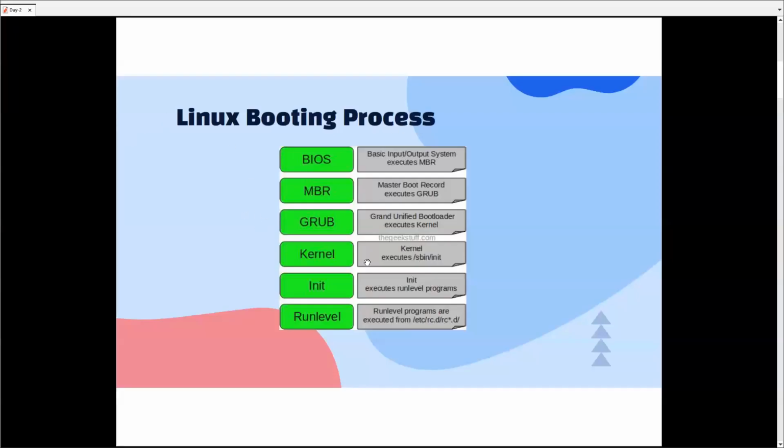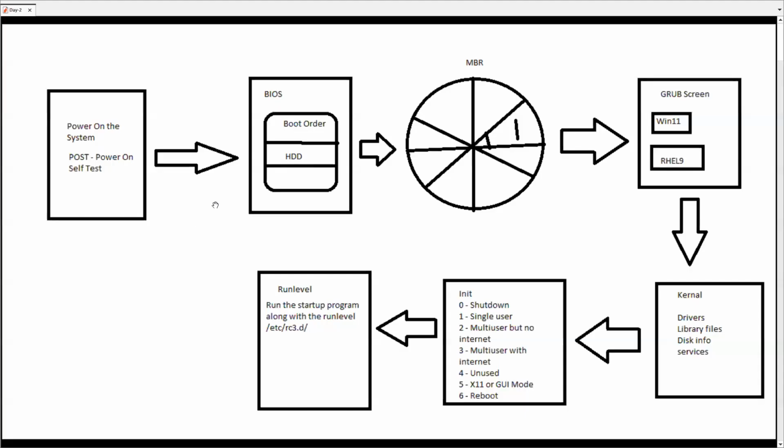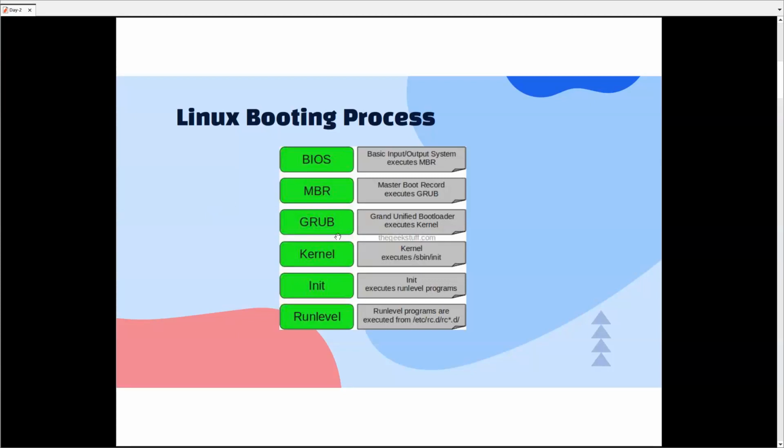So now we'll be seeing the booting procedure and why, as a sysadmin, you must know this. As I told yesterday, let's say it is stuck in the kernel, or let's say it is stuck in GRUB. You should be in a position to understand what went wrong, diagnose it, and provide the RCA. So why did it go wrong in the first place? That is what people call a postmortem report.